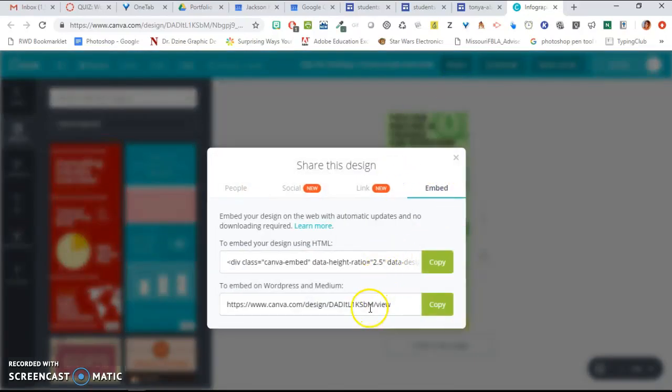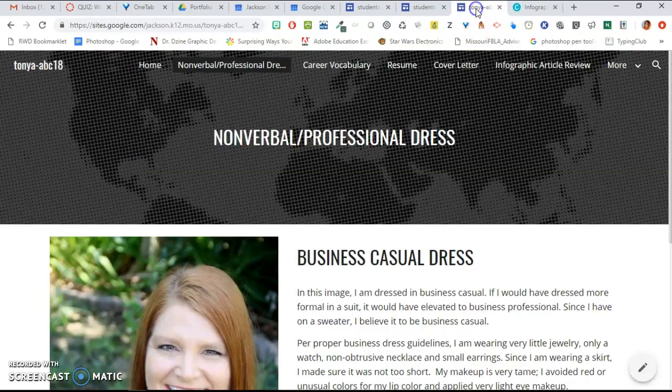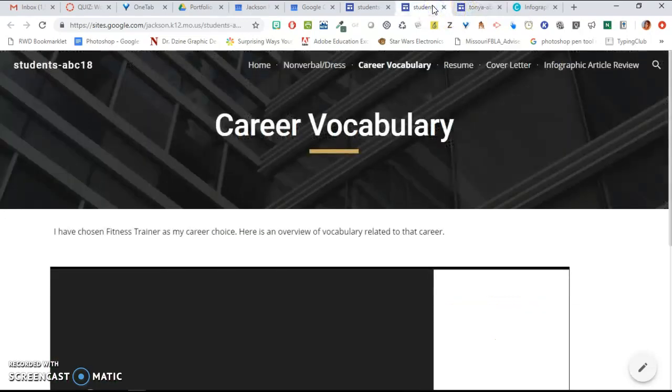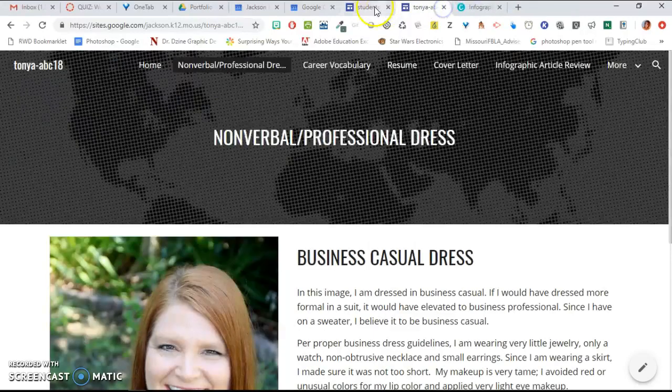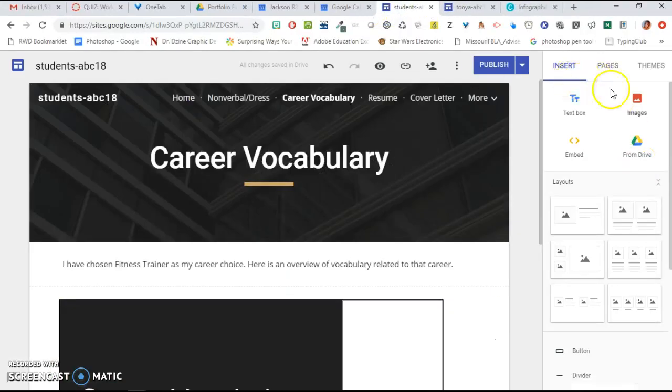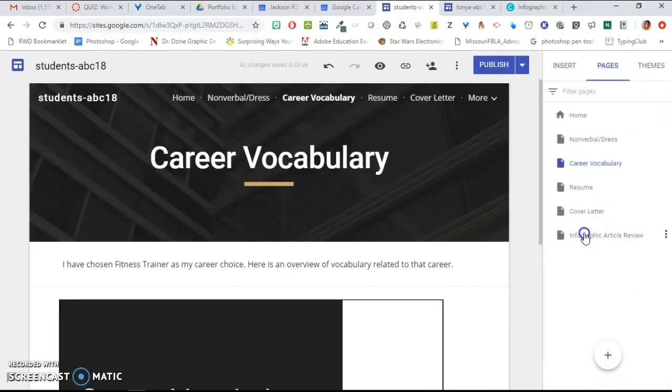They have two different ways on here. There's one that says to embed on WordPress, and then there's one that says to embed using HTML. So let's just look at the two different ones here. If I come back in here to my editor, right now I'm on my preview page. If I go back to my editor and I go to that page, which is my infographic page,